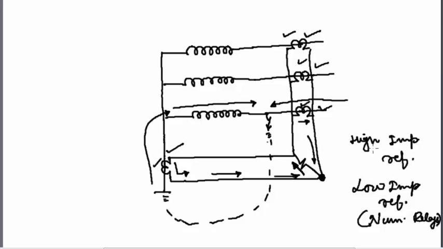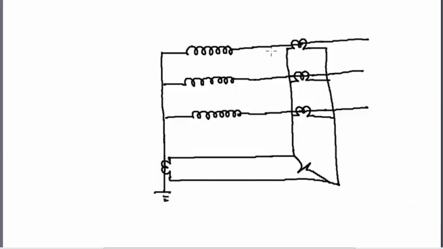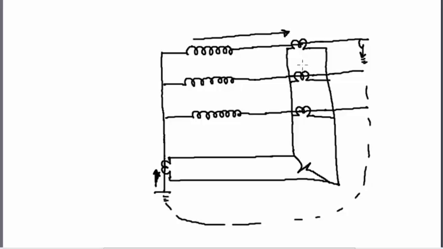Now let us see why we are calling this circuit high impedance REF protection. As we saw, this was the basic scheme of implementation of REF protection. Now suppose there is a heavy fault at this point. It's obvious that the fault is outside the zone of the CTs, so this REF relay should not operate, because the current would take up this path and flow through the CT, and we can see that both these currents, the current coming here and the current coming here, are equal and opposite, and hence the relay coil is not